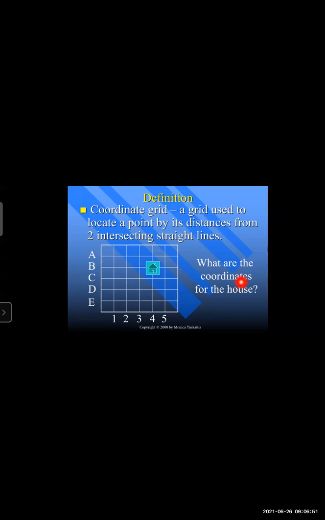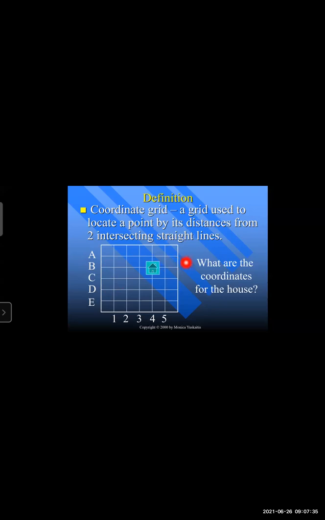See in the figure, here is the house. We see what the coordinates of the house are. On the x-axis, it covers 4 distance, and on the y-axis, it covers B distance. That means we write 4, B. Students, see here carefully. First we count what distance it covered from the x-axis and what distance from the y-axis. On the x-axis, it covered 1, 2, 3, 4, and on the y-axis, 1, 2, 3, 4. So here 4 indicates B.